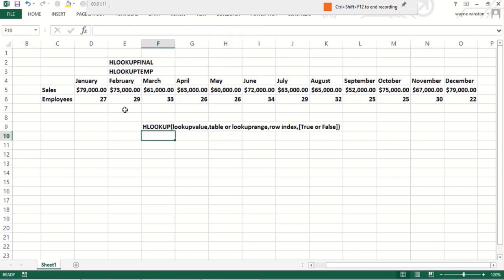Okay, so what we got in our example here is we've got the months of the year, we've got our sales each month, and we've got our number of employees. So we might want to type in a month number, a month name, and we would like to get our sales for that month, and we'd like to get the number of employees. There are many other ways to do this, by the way. Okay, so let's type in a month,